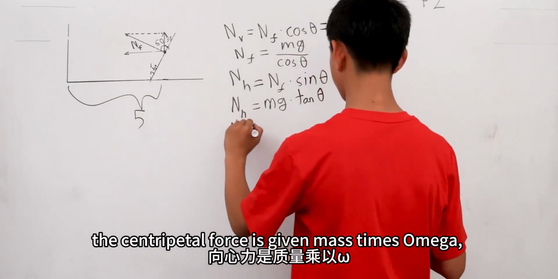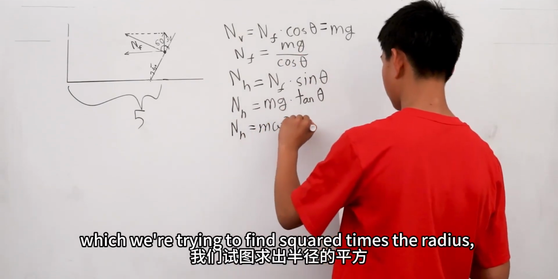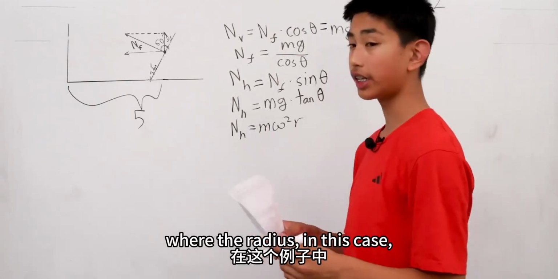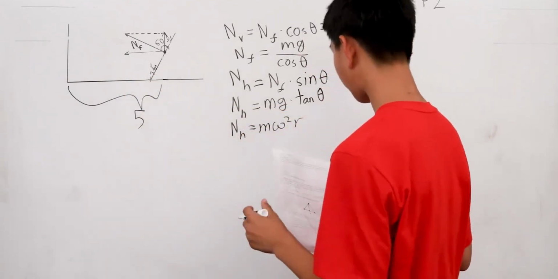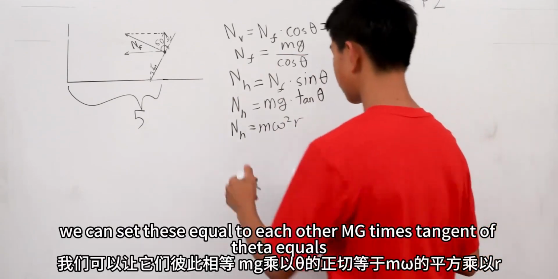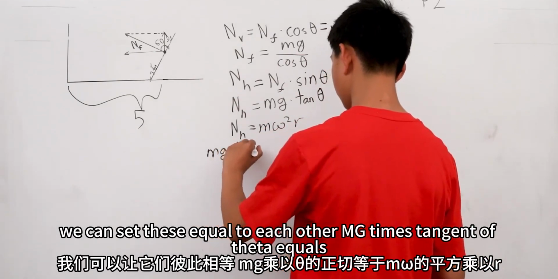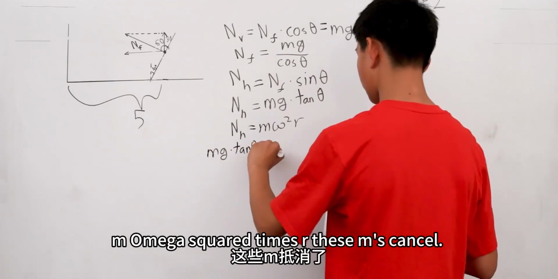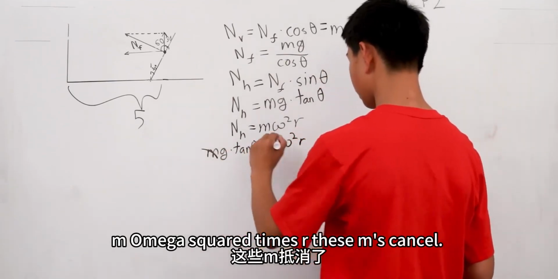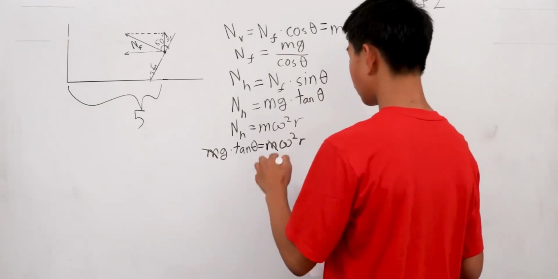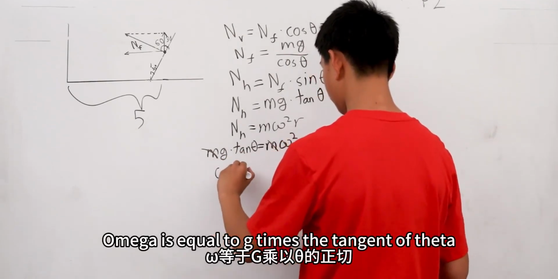The centripetal force is given by mass times omega, which we're trying to find, squared, times the radius, where the radius in this case is 5, as it's 5 meters from the center of mass. We can set these equal to each other. mg times tangent of theta equals m omega squared times r. These m's cancel, and since we're trying to find omega, we divide both sides by r and take the square root of that. So omega is equal to